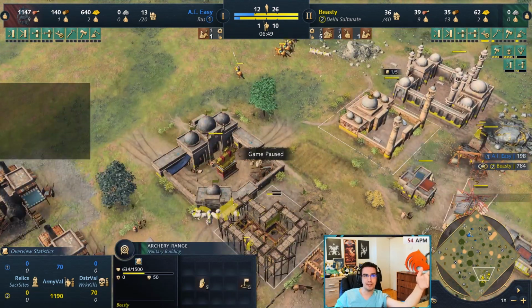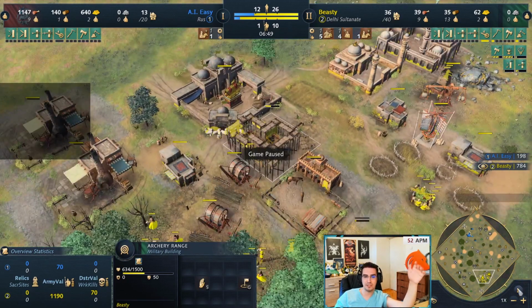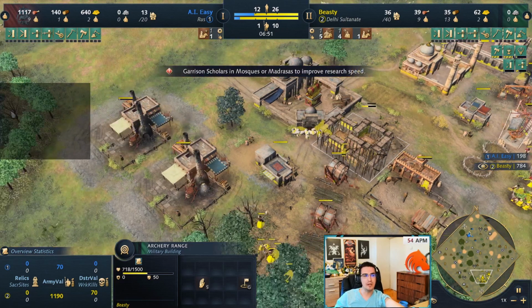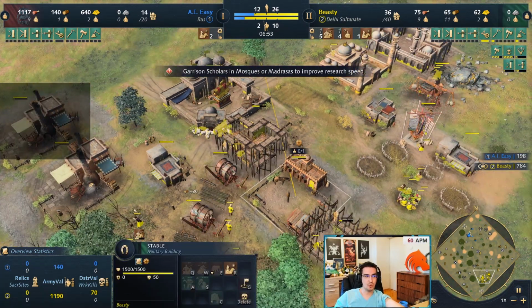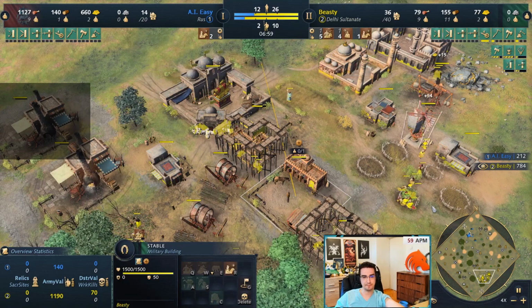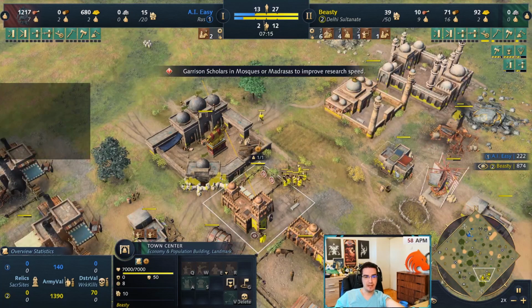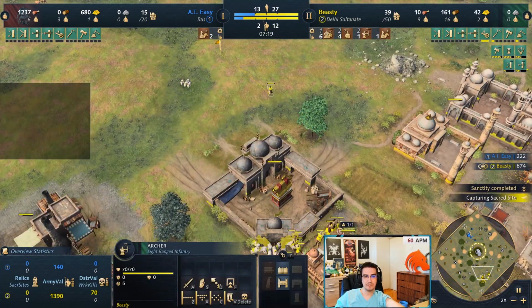The moment archer range finishes, I like to put 1 scholar inside and start pumping out archers because I want to catch up with that unit. My production is all set up. So all I got to do now is just produce units, and I've been producing horsemen this whole time. So now I'm just going to make archers, and I'm going to start walling off the sacred sites depending where